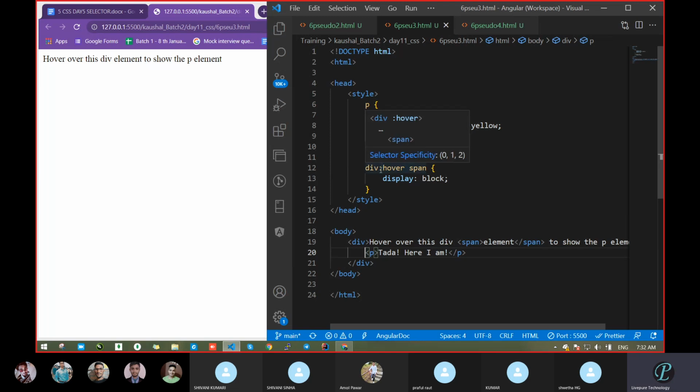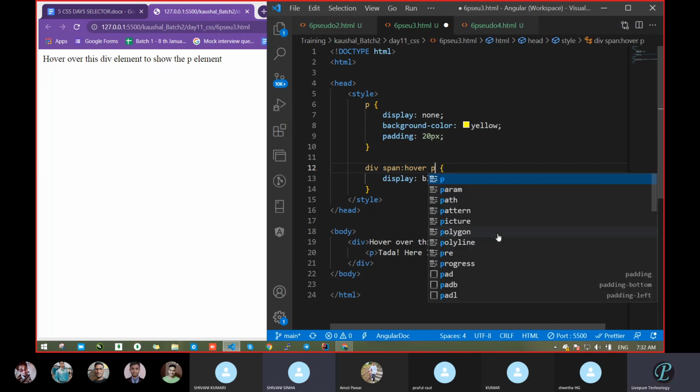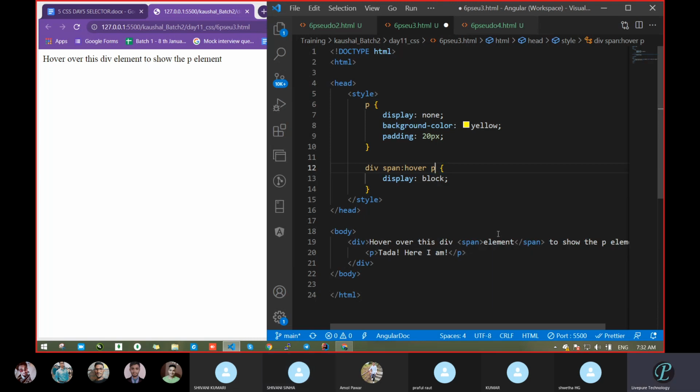Before the colon, which one? After div and before the colon, can we take span? Yes, why not? But one thing, and second, remove this P. P should be there somewhere, but this will not be good. This is not correct, because one time you passed a space and one more time you passed a space. If you are thinking of the descendant selector, then the descendant selector is only up to here. Then we use the greater than symbol in place of space here.